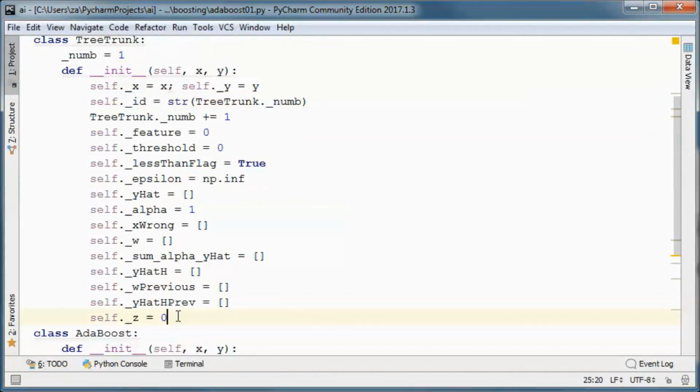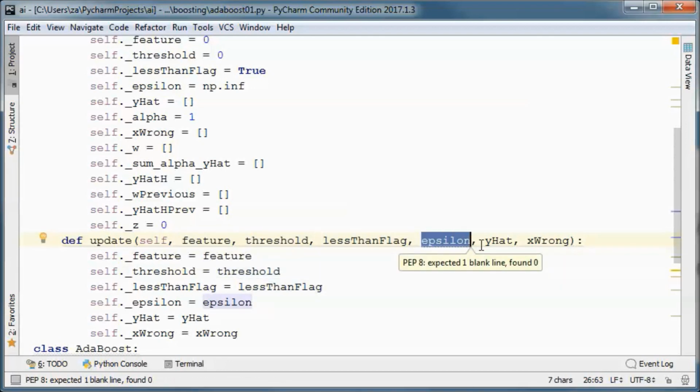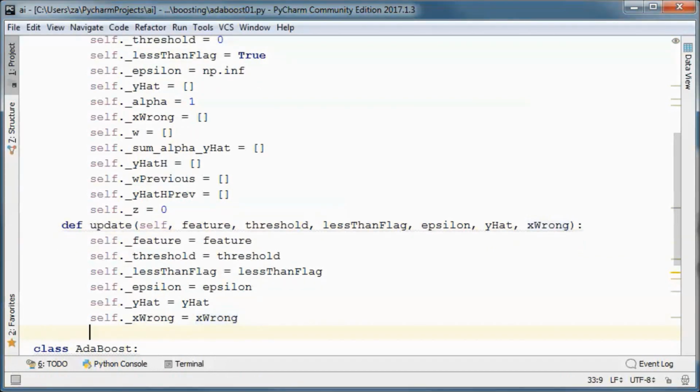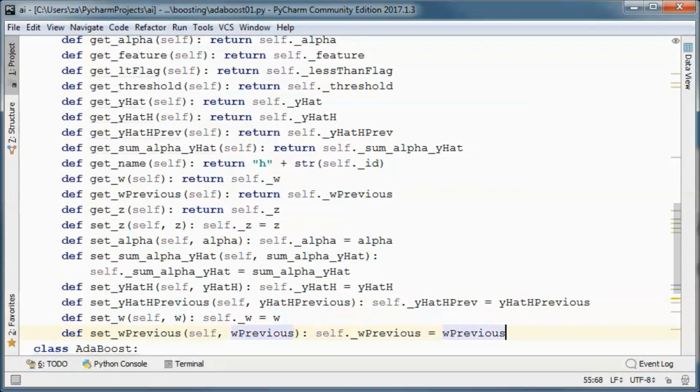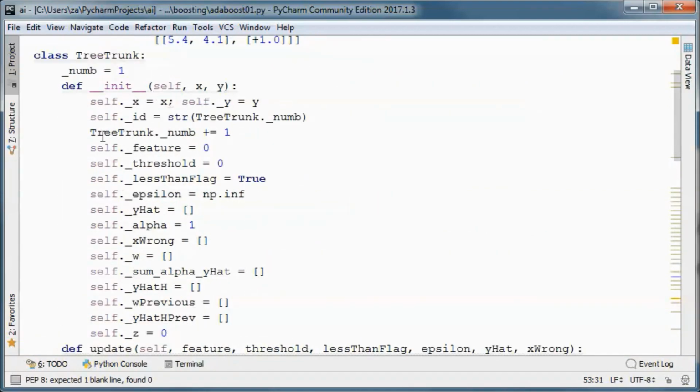And this method will update the feature, the threshold, the less than flag, the error rate, y hat, and x rank. And we will have get and set methods for all of those.